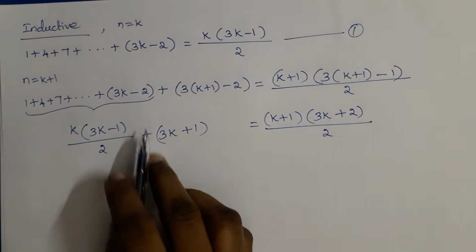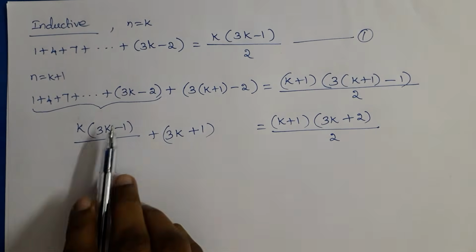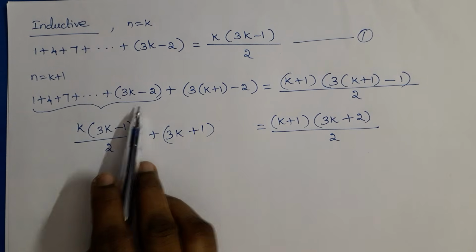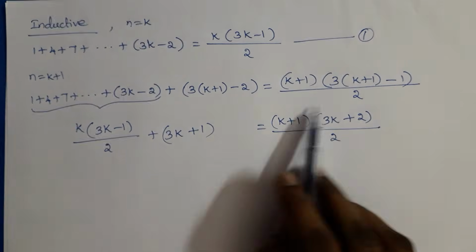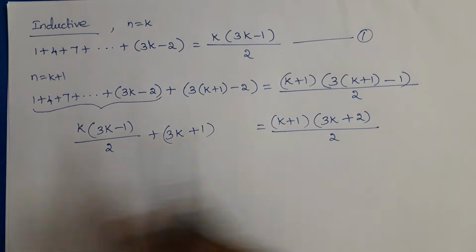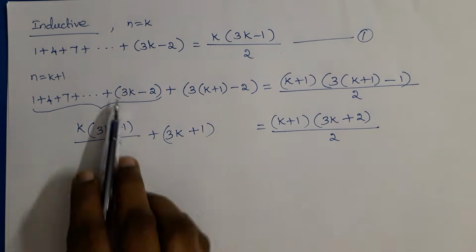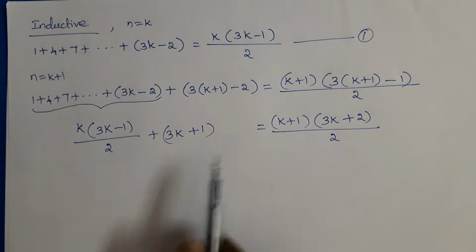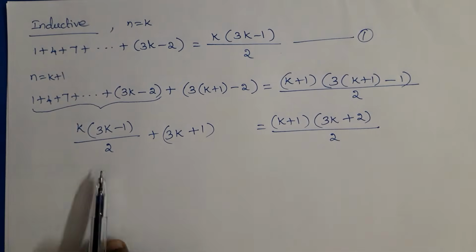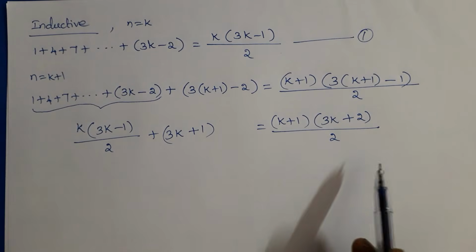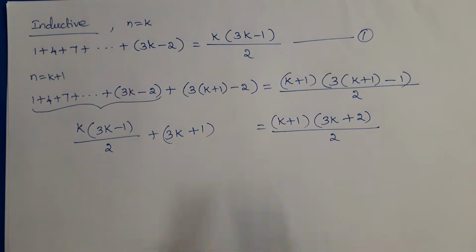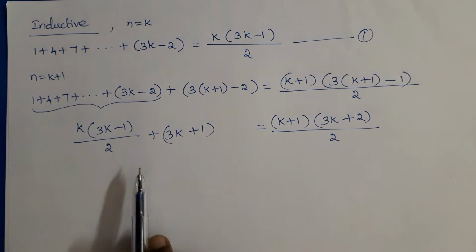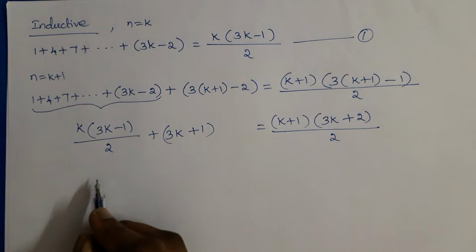In order to prove S of k plus 1, we have to consider the k plus 1th term. S of k plus 1 is equal to the right hand side. If we substitute the kth sum in the left hand side and add the k plus 1th term, we can prove that the left hand side is equal to the right hand side. So we can prove that S of k plus 1 is also true. Now we can simplify this equation and prove that the left hand side of the equation is equal to the right hand side of the equation.